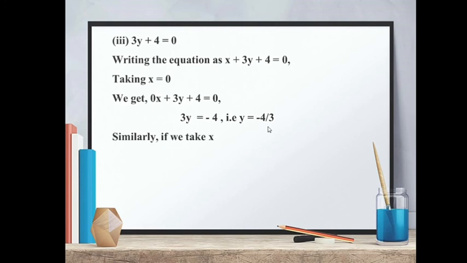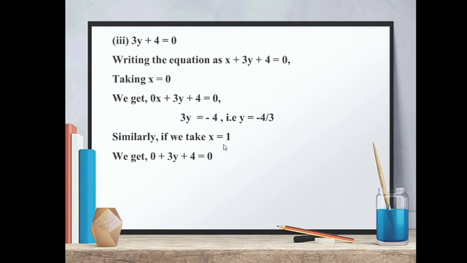Similarly, if we take x equals 1, we get 0 plus 3y plus 4 equals 0. So here I have taken x equals 1. So you will think now, earlier madam has taken x as 0 and then y as 0, then why here has madam taken x as 1? So you can take any variable value. It is not important to take the value of the x variable only or the y variable only. You can take the value of x, and by taking the value of x you can find out y, or you can take the value of y, and by taking the value of y you can find out the value of x.